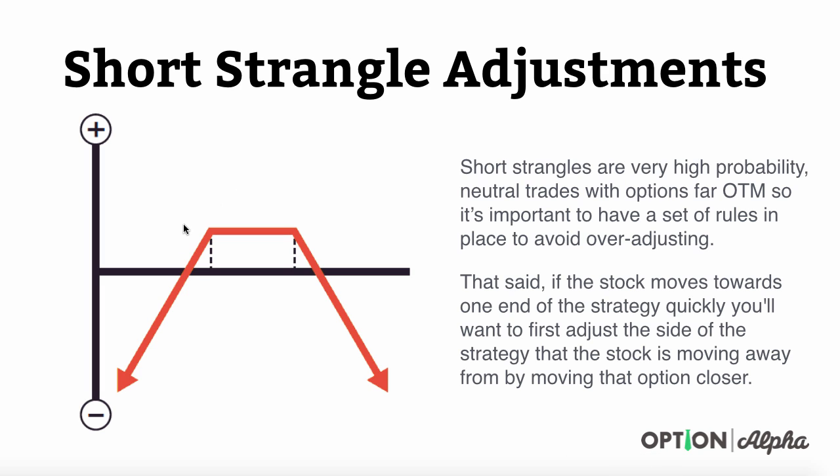Once we have this strategy and we're fairly neutral, with the stock in between our strikes as we enter this trade, and the stock starts sliding one direction or another, what we're first going to do to make an adjustment is take one side of the trade, in this case the put side, and roll that side closer to the money. We're going to slide this side over, and it's going to make this profit loss diagram much taller and much wider,